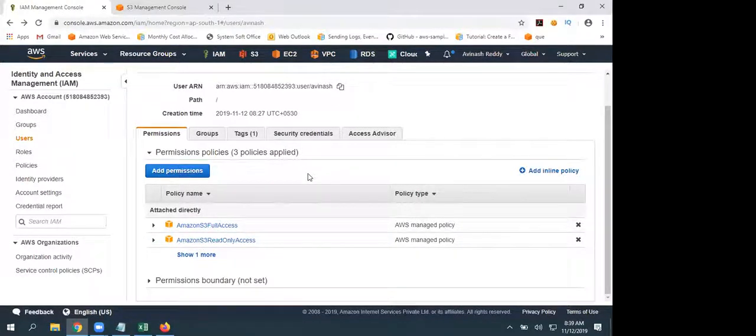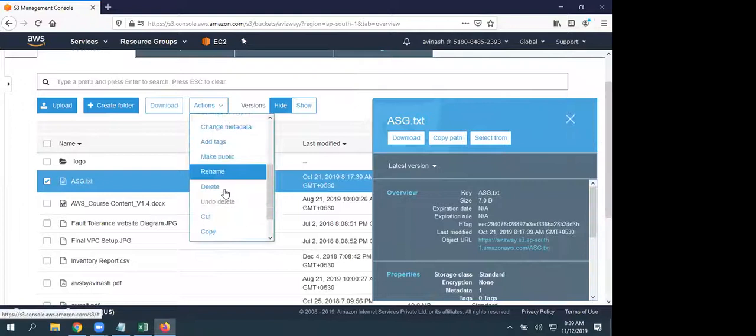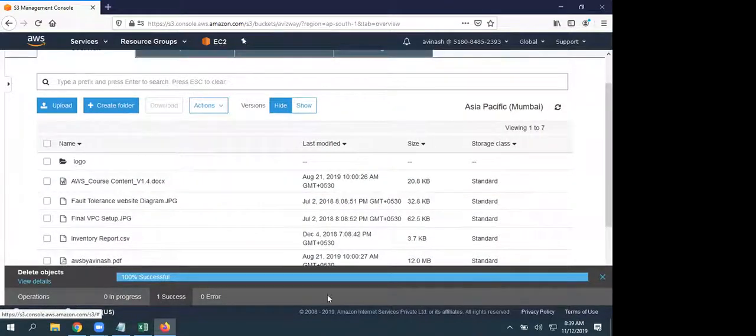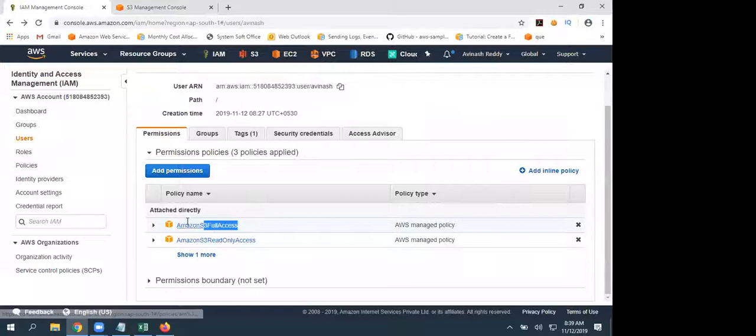So full access is going to take effect. We have a matrix, we will discuss that. We can even block also, that we will discuss in our next session. So now if I go here, earlier if I tried to delete it, it threw an error, right? But now let's try to delete one object. Now it is success and I'm working as an IAM user. Why? Because this user contains S3 full access now.